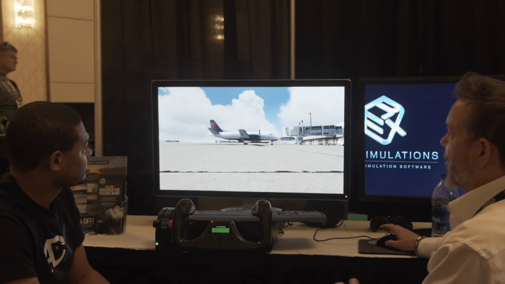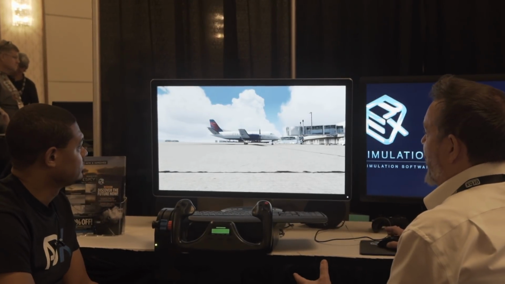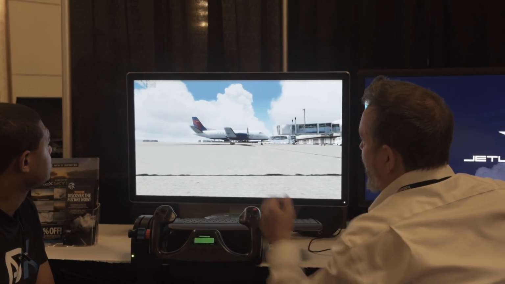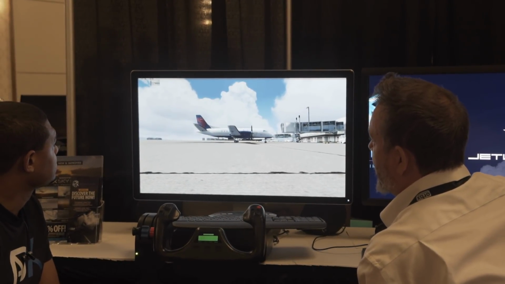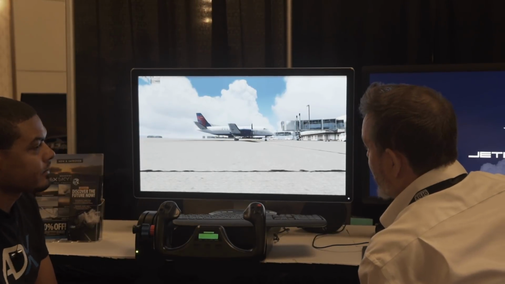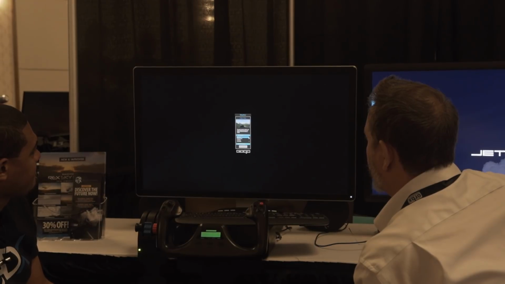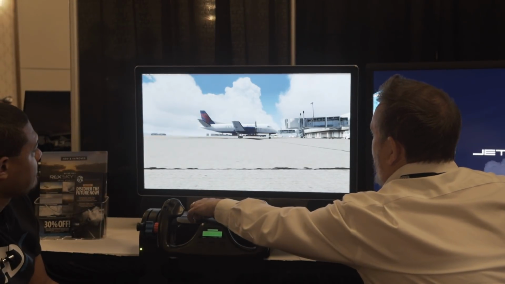Okay, so what we're going to show here is, again, this is alpha. I'm going to go ahead and clear the weather out, and you're going to see the clouds dissipate. Now imagine that over time. Right, which is really the key. So let's go to weather and go ahead and clear it out. And now you'll start to already see